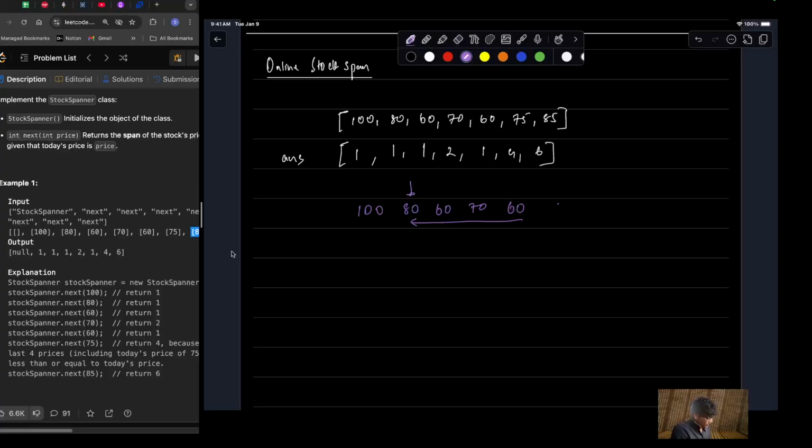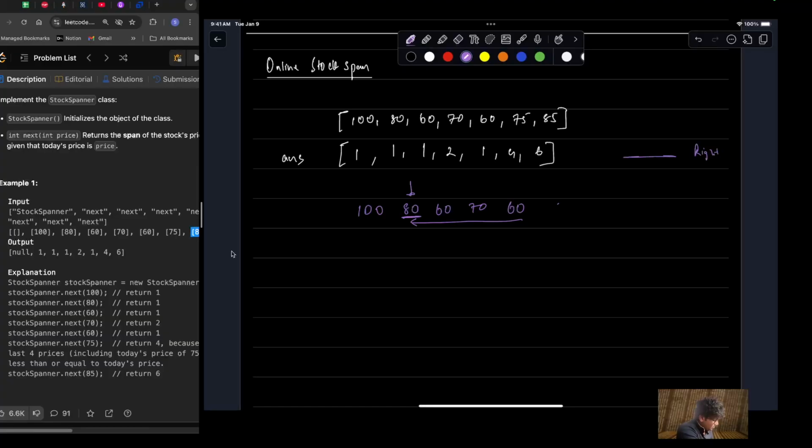So I'll be going through the elements downwards until I find an element greater than 75. Perfect. In other words, can I say that whenever I'm inserting 75, I'm finding the element from right to